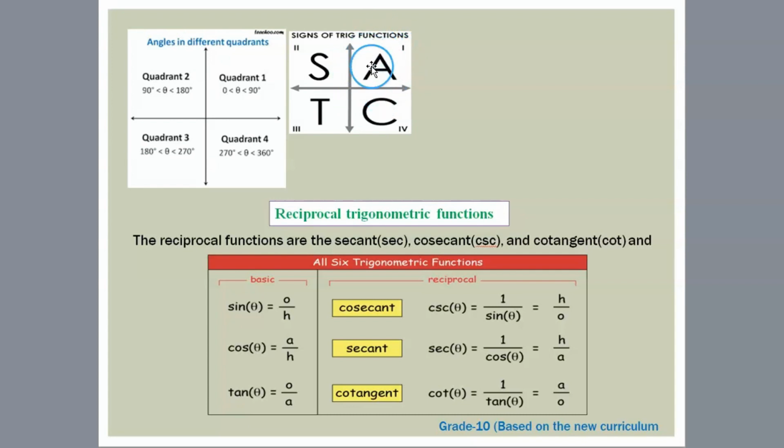In the first quadrant all trig functions are positive. And in the second quadrant only sine is positive. In the third quadrant only tangent is positive. And in the fourth quadrant only cosine